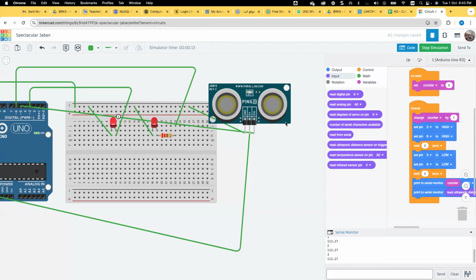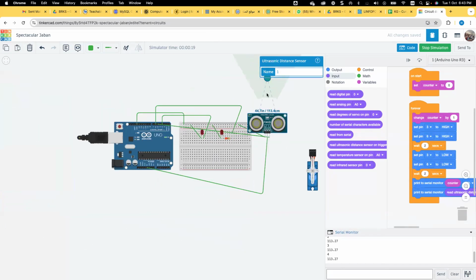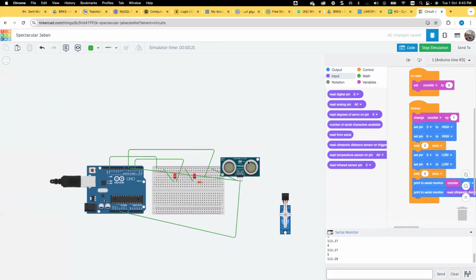If I want to change the value, I click on my ultrasonic sensor, and normally this is my object. I can place it here, and it will show now 69.7. If I place it here, 203. If I place it here, 283.